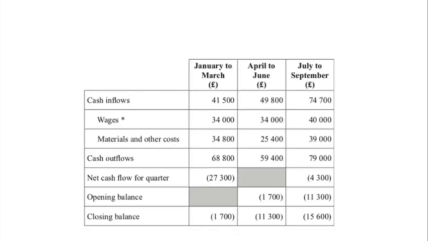So after the video, to consider cash flow problem in actual numbers, we could consider a cash flow calculation on the screen. So what I'd recommend is to pause the video and quickly calculate the opening balance for the first quarter and the net cash flow for the second quarter. If you are having problems and not sure how to do it, don't worry, I'm going to go through the answers in a second.